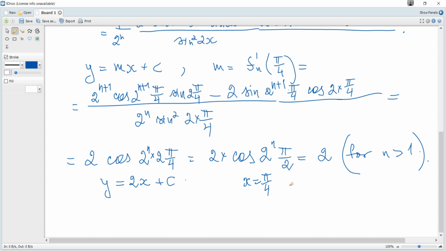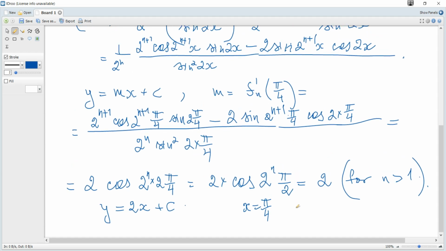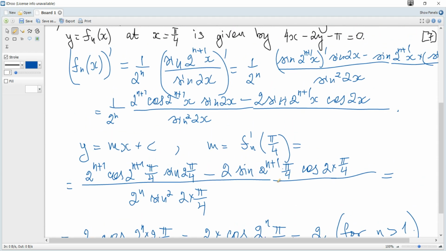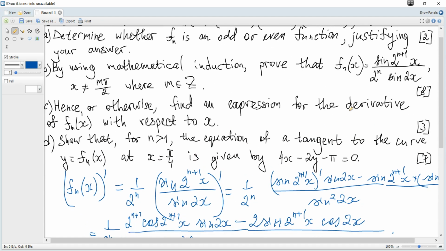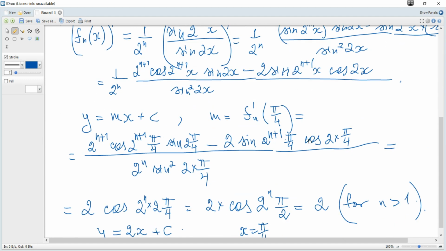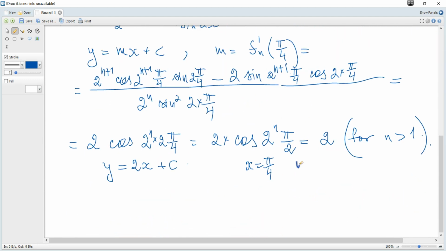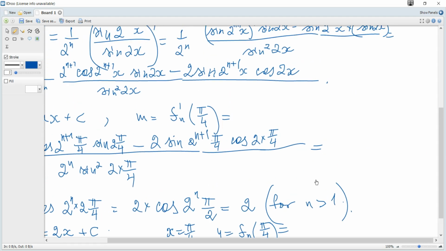It's a common point for the tangent and for the curve, so we can find the corresponding y coordinate of this point if we substitute it into the function. So let's consider the y coordinate, the function at pi over 4,